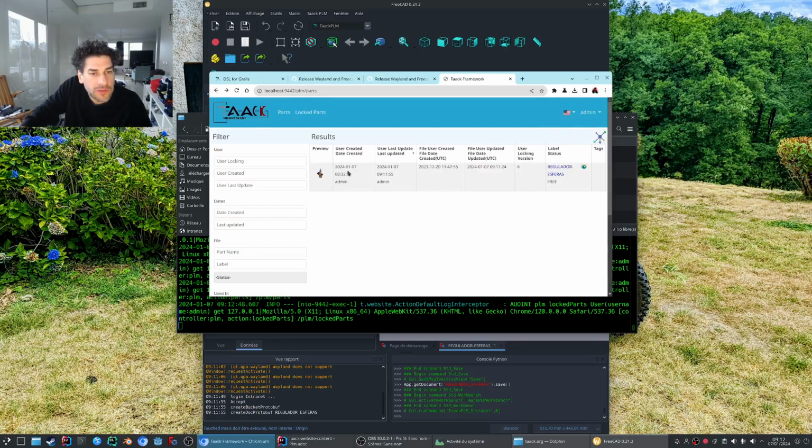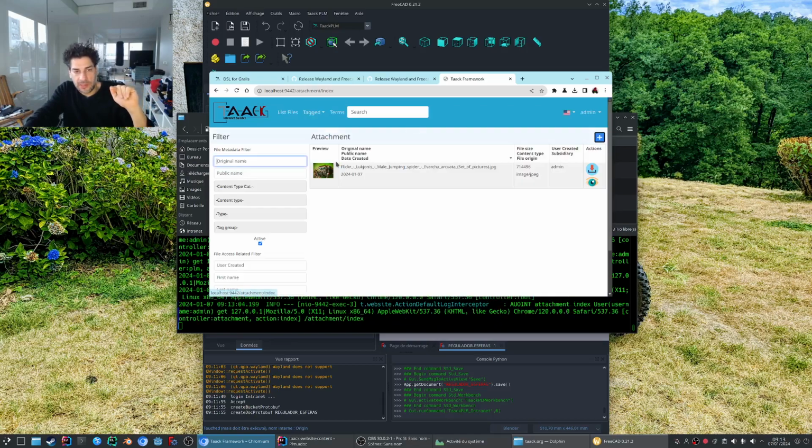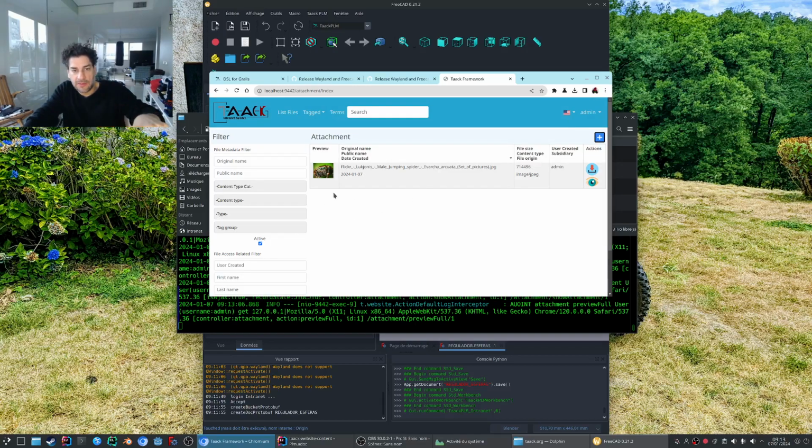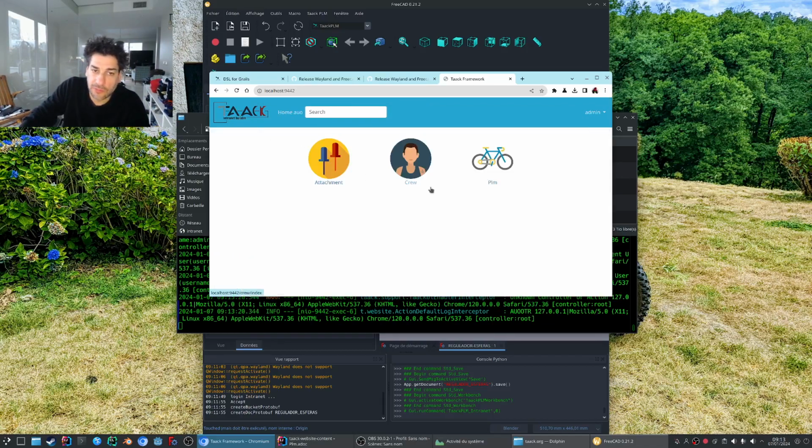That's it for the new features. So we are working under Wayland. The preview is much faster than before because we don't compute a GLB file. We compute it in another way. In fact, when you look at attachment, it's able to add plugins to the attachment app to preview files in a non-default way. For example, I can add a FreeCAD part here and preview the file in 3D using a GLB file, but I don't do it by default because I have to create a plugin in the app, which I don't do